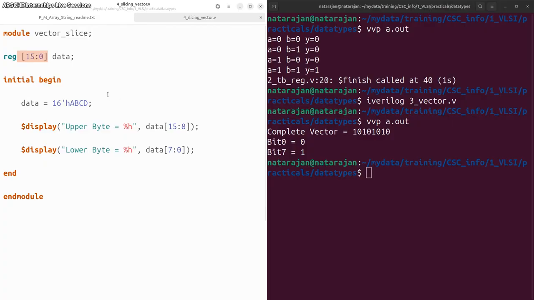Then what I am trying to do is take the upper byte and the lower byte. How can I take the upper byte? This is slicing. From bit 15 to whichever location you want, you can slice it. That is where the slicing operator comes in. So here, nothing